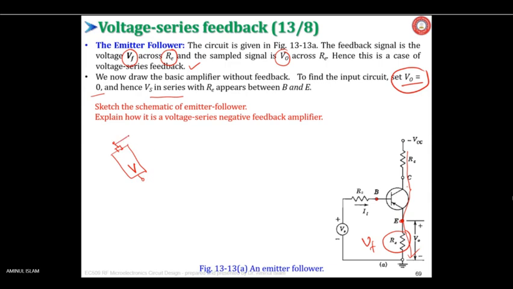Connect a wire, simple wire. If you connect a simple wire across the load, then V_S is appearing between base and emitter. Yes, sir, it is. So is this not a true statement by the author? Yes, sir, it is true. So understood? Yes, sir. Okay, let us now go ahead.